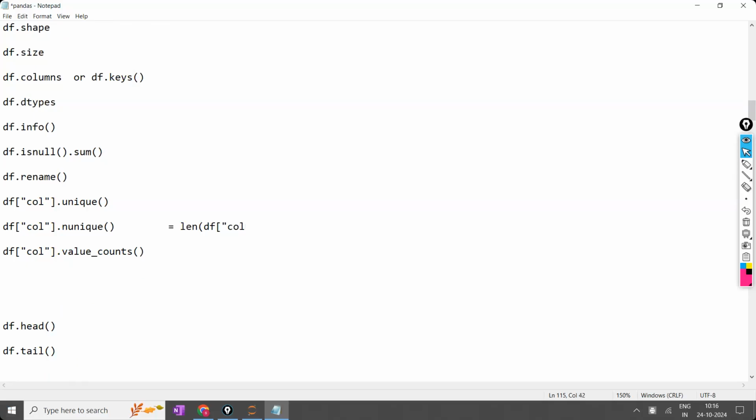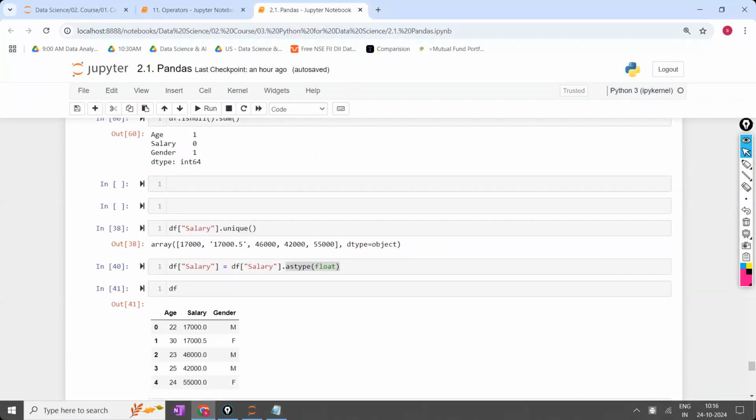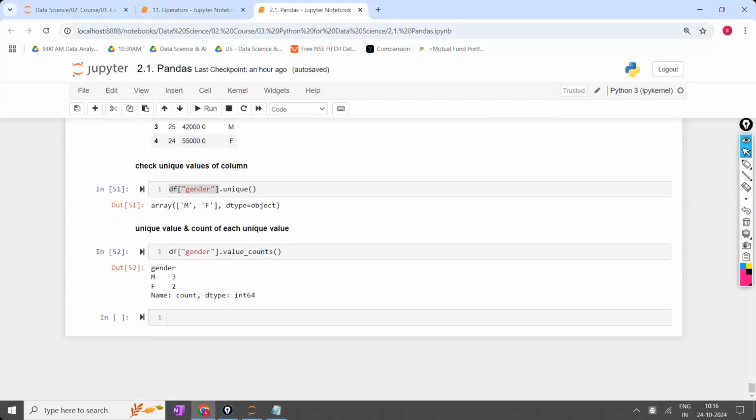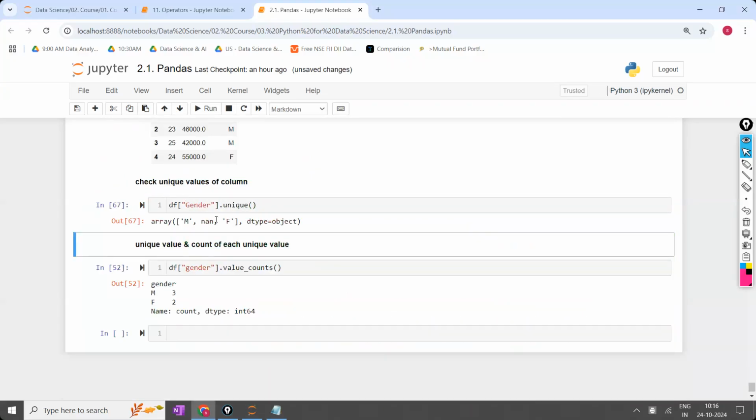What is the column you are applying it on now? Unique. Unique will give you the unique values, whereas the length function will give the number of unique values. So if I write here unique, okay, what are the unique values there? So the unique values in the gender column, what are the unique values there, miss? Caps lock G. So you have the unique values as M and F along with some missing values